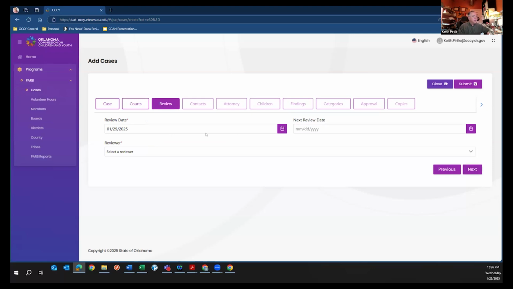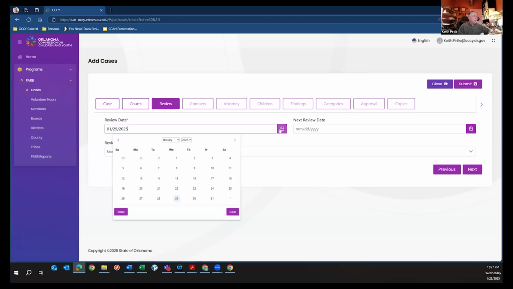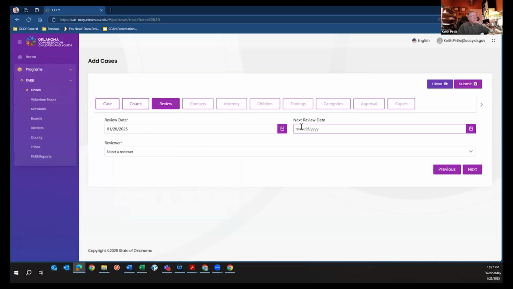The next review date, again, that's the first review date, that's required. And remember, this automatically puts in today's date. So if you go back later, like, you took notes at today's meeting, but you're not going to finish your recommendation until tomorrow, then you want to go back and backdate to the date of the meeting. All you have to do is pick up the calendar and just go back a day. So actually the meeting was yesterday. The next review date, that's when you think this case should be reviewed again.